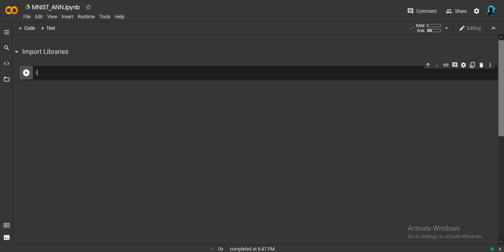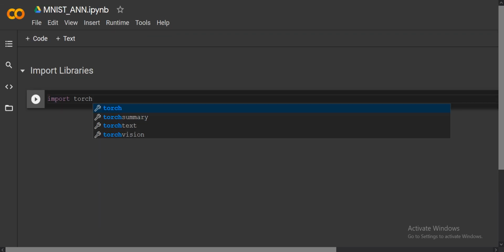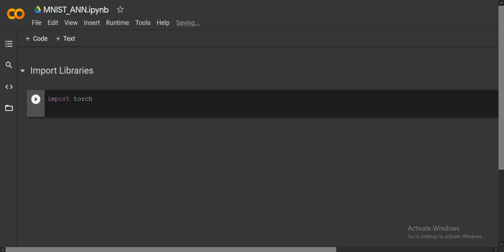First of all, import torch. Torch is the main PyTorch library, where we perform everything; there is torch.nn for neural networks, loss functions, and optimizers, everything is present in torch. Then we import torch.nn as nn. From torch we take all the neural network layers, whenever we build a fully connected layer or a loss function, it will be present in the nn library.